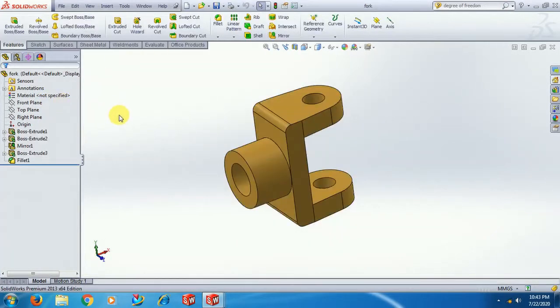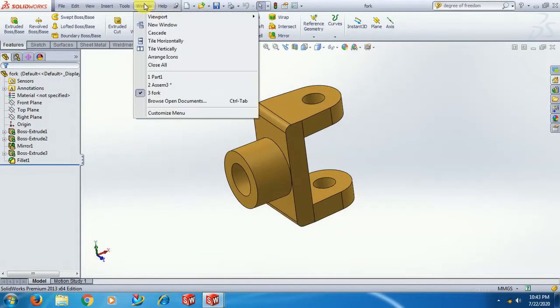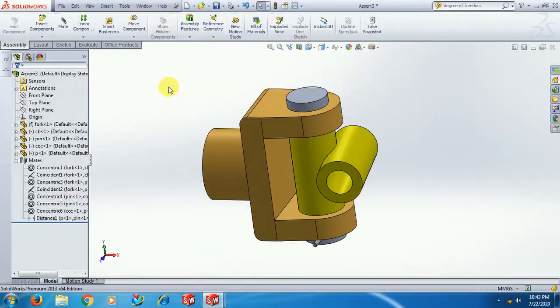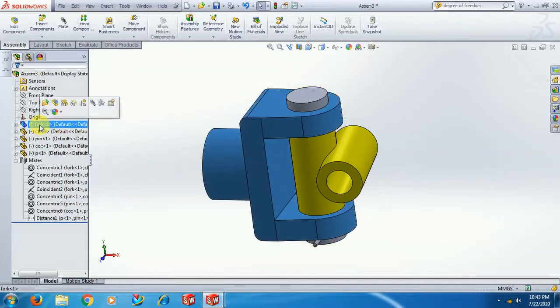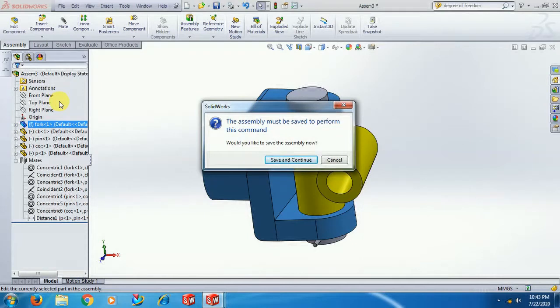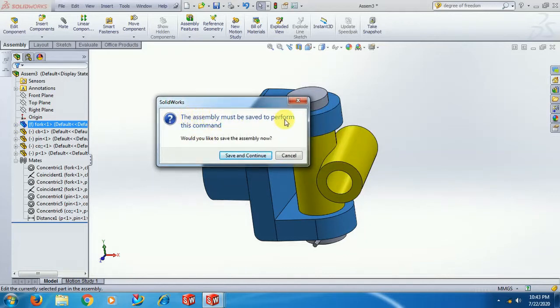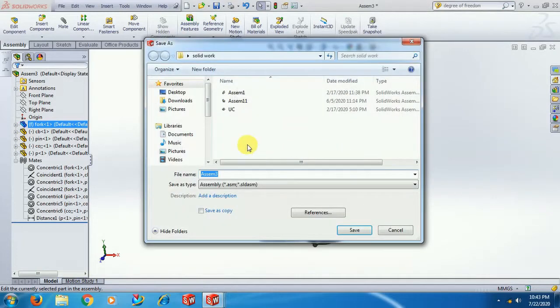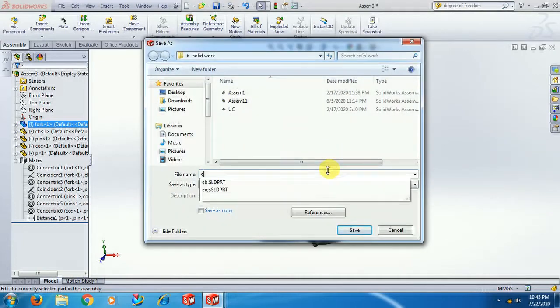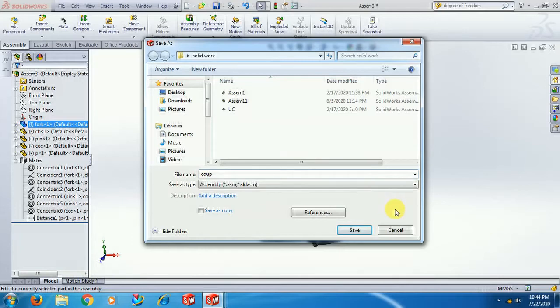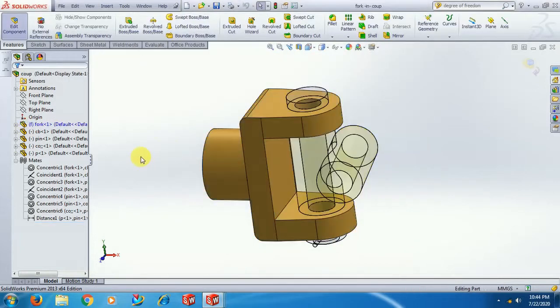It opens the part in another window. To edit, select that particular part, go for edit part. So here you can see one window asking you to save the assembly. So save and continue. You have to save this coupling, save.